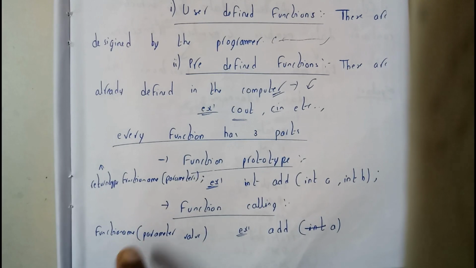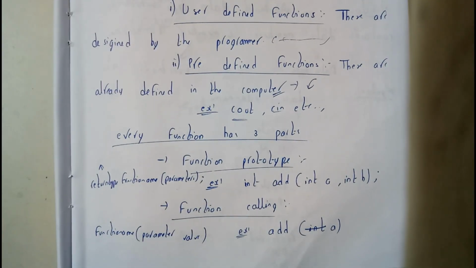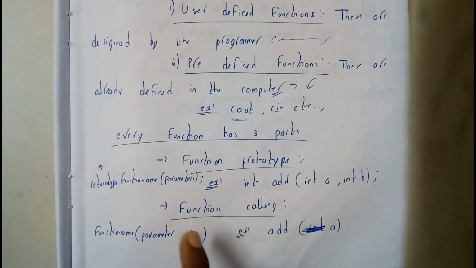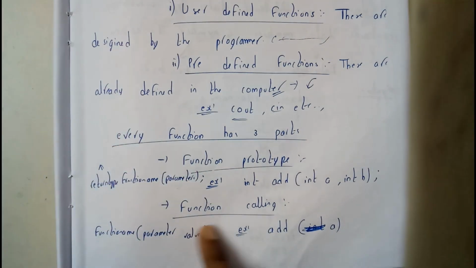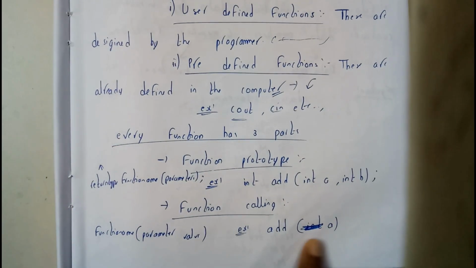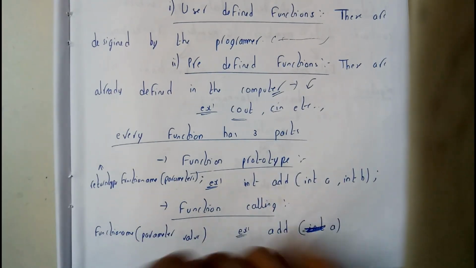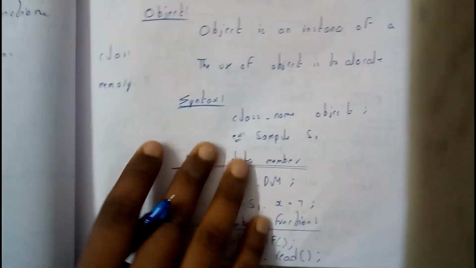So function calling will have the function name and parameter values only. It is not going to have the return type, only values. This will be in our main block of code, in void main. So that once we give the values, it's going to insert them and go to the function definition, solve, and return back here. That's the reason why we call it calling. Further moving on,